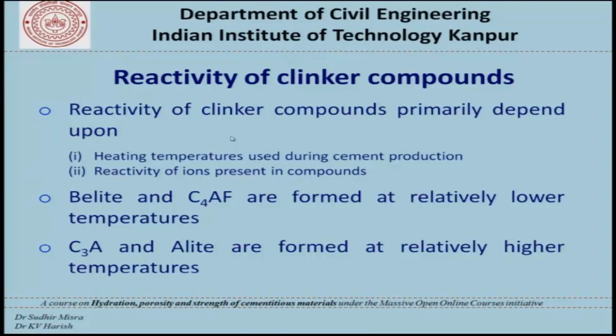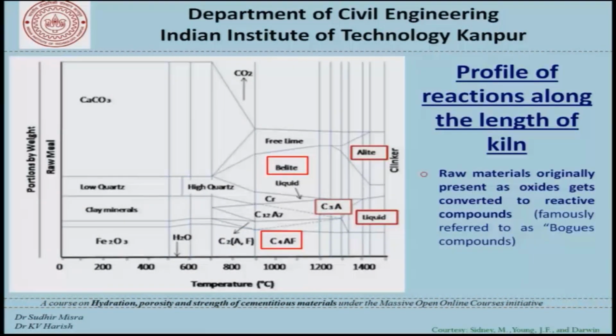So, reactivity of clinker compounds. Reactivity of clinker compounds primarily depends upon the heating temperatures used during cement production and the reactivity of ions present in the compounds. So Belite and C4AF are formed at relatively lower temperatures. If you have a closer look at the previous image, what you find is that